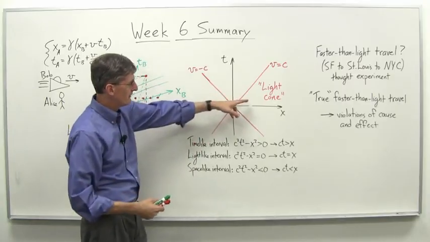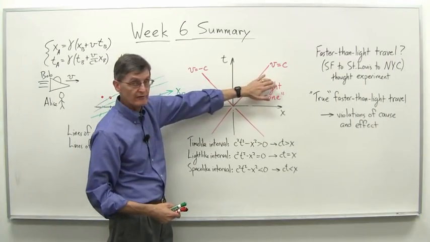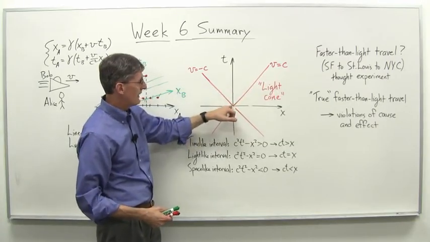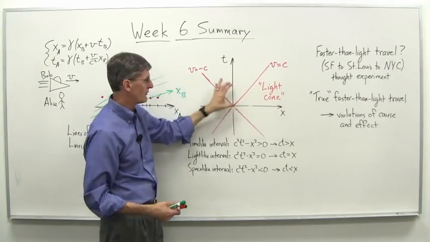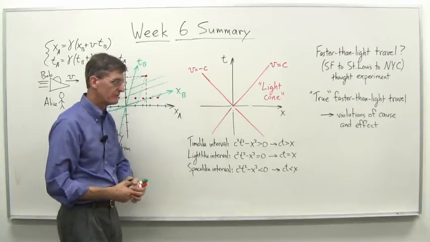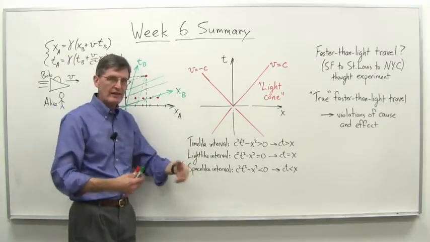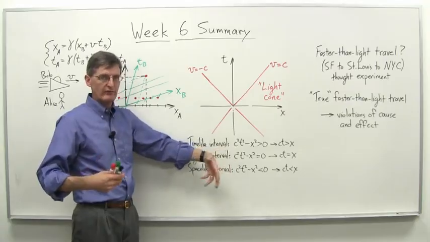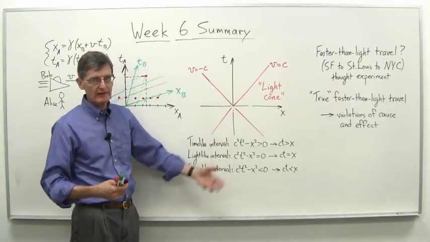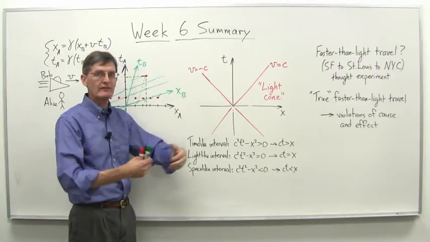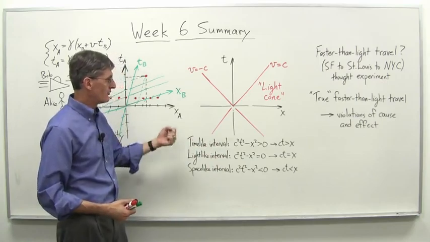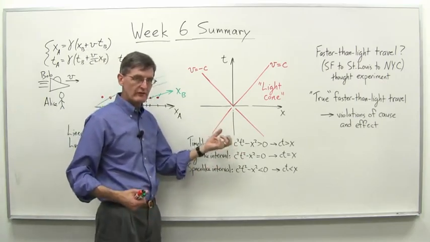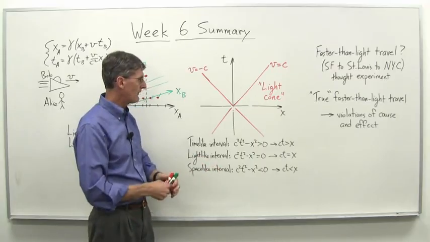But if we're outside the light cone, like say we're over here in this section, what that means is I'd have to travel faster than the speed of light to get there in the amount of time I have. The question we asked was, given the time I have, can I make that distance? Just like we often ask in real life if we're taking a trip. How long is it going to take? Do I have enough time to get there given the speed I can go? So here, the ultimate speed is the speed of light,